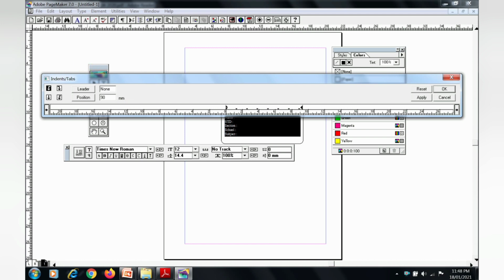Choose the dotted line style from the leader option. Using the position, add the tab and then click apply. The dotted line is appearing here. Then finally click the OK button. See here the dotted lines are appearing.